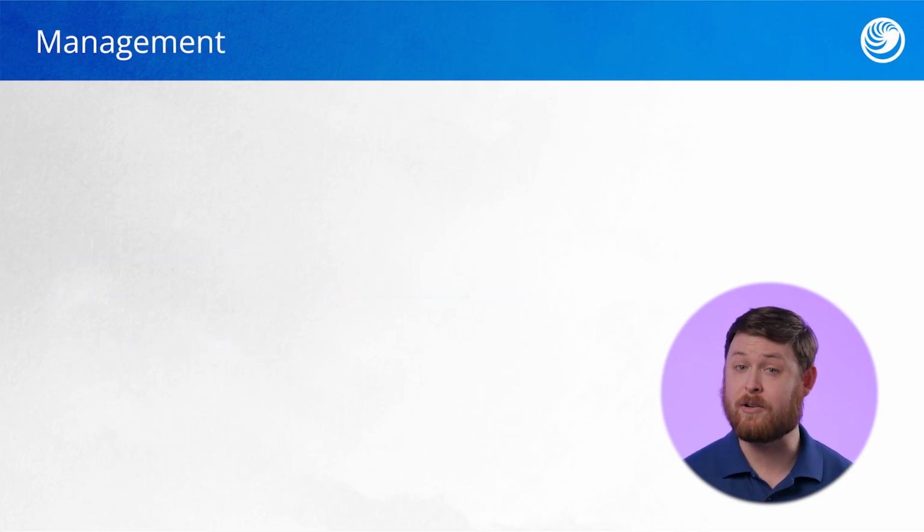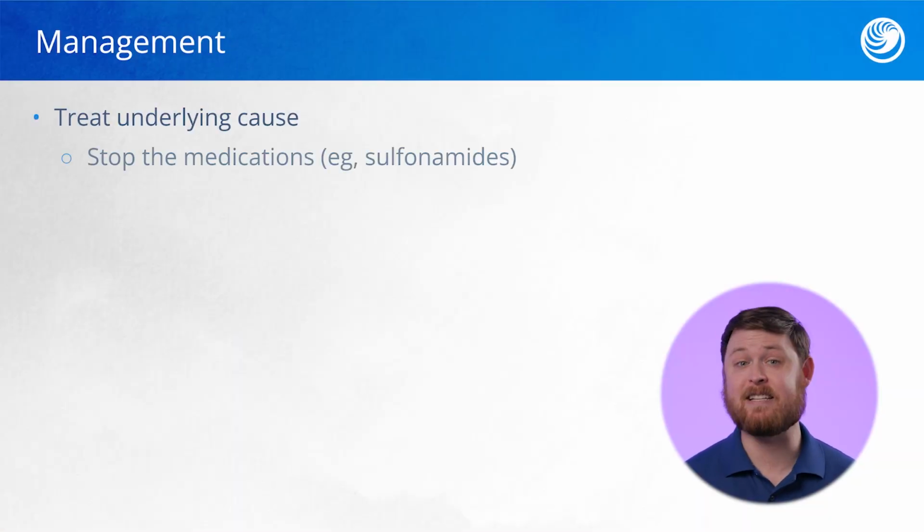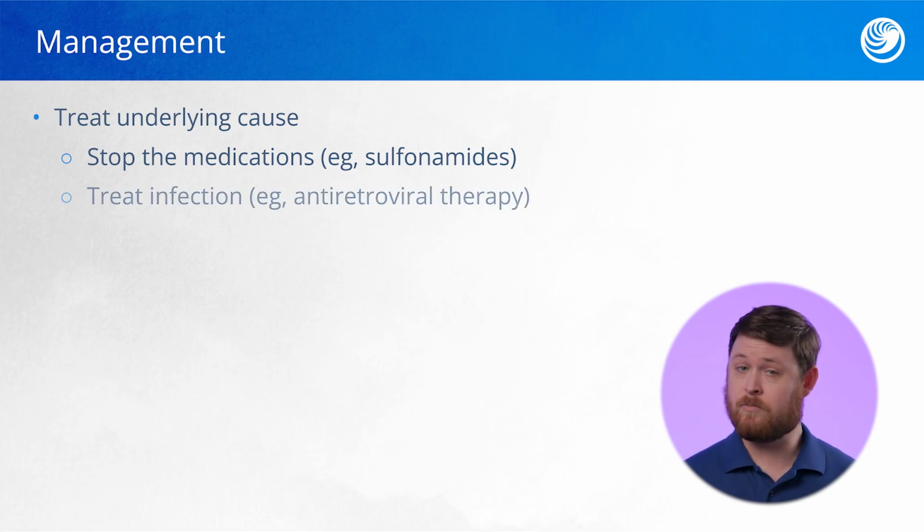To manage or correct thrombocytopenia, interventions will focus on treating the underlying cause. Platelet transfusion may be appropriate in certain situations, but not all, as administration of platelets in TTP and HIT, or heparin-induced thrombocytopenia, can worsen clot formation. For some clients, they may simply need to stop certain medications, which includes heparin and chemotherapy like we discussed earlier, as well as other medications including sulfonamides and statins. If the client has an infection, we should treat the infection. This includes the use of antiretroviral therapy in clients with HIV, antiviral therapy in clients with hepatitis C, and antibiotics